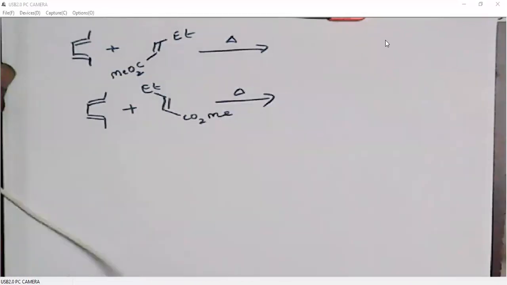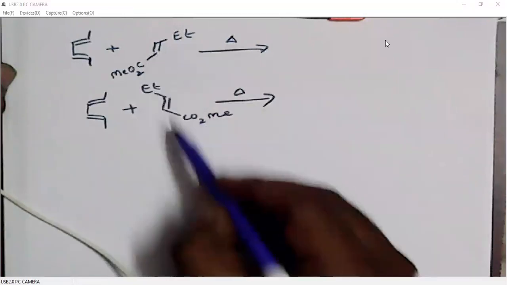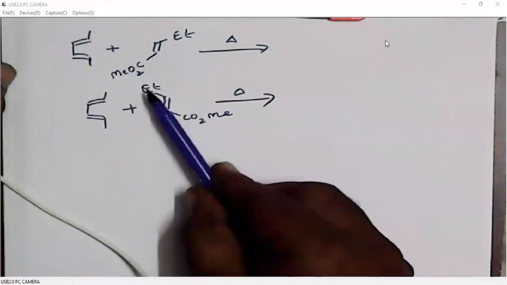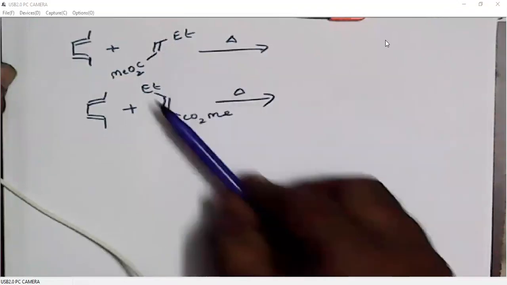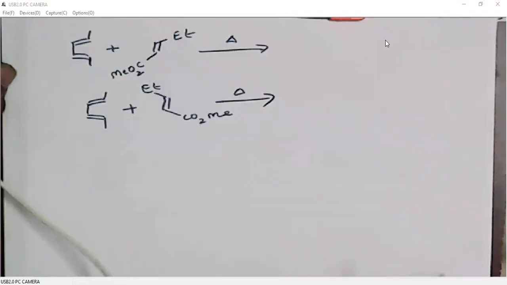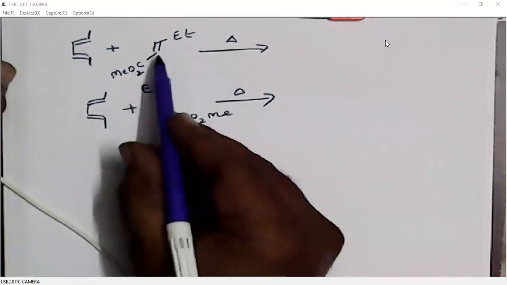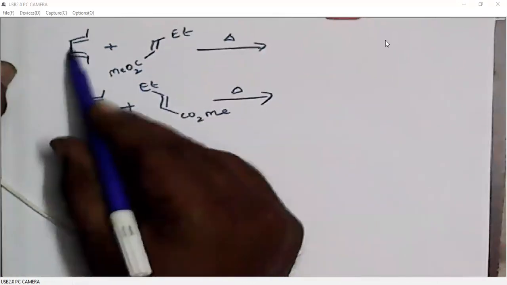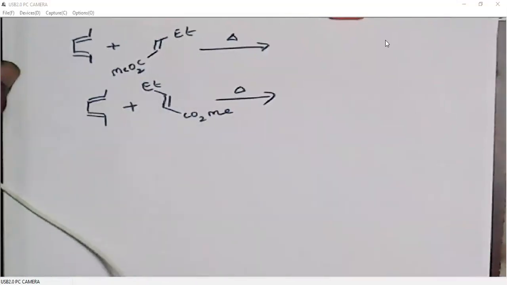So you can try the Diels-Alder with any of these configurations, any of these orientations. If both of them are carbonyls, then it is no problem. If you write with this conformation or that one, it doesn't matter. Both of them will give the product. But in this case, when we write like this, it will have secondary orbital interaction. So this will lead to the endo product.